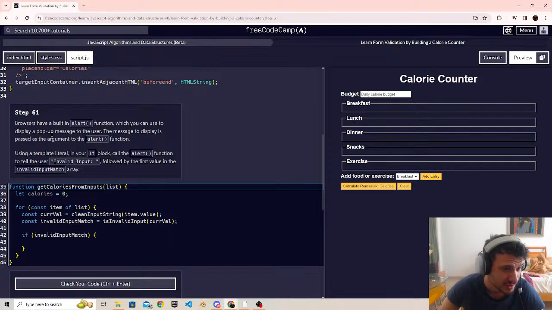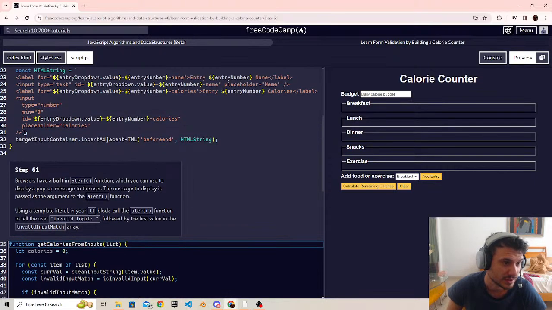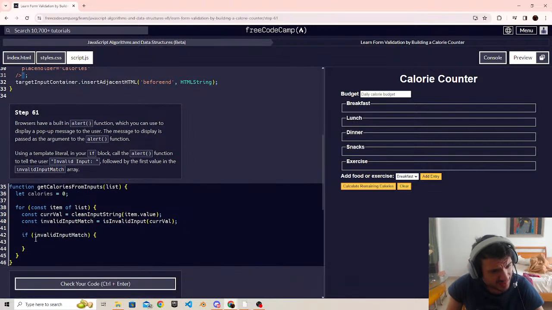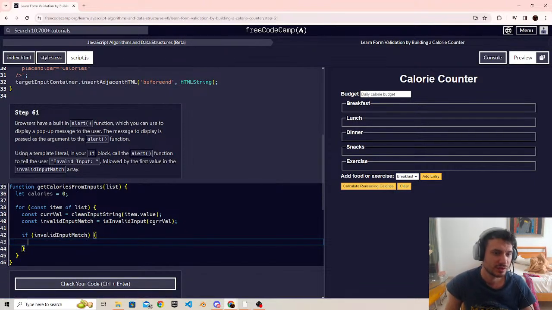Using template literal in your if block. I already forgot how to do template literals. I think it's these. Call the alert function to tell the user invalid input followed by the first value in the invalid input array. What? If invalid input match, then we're gonna call the alert function and pass the argument